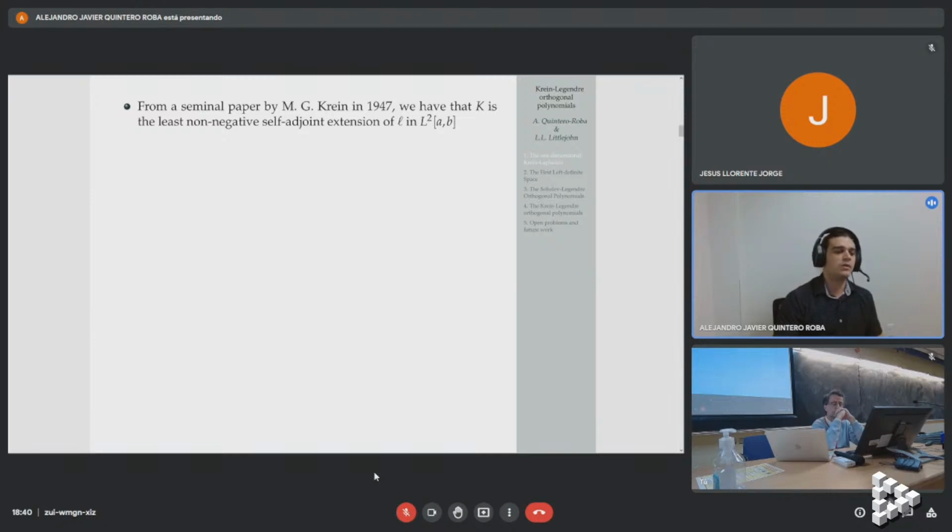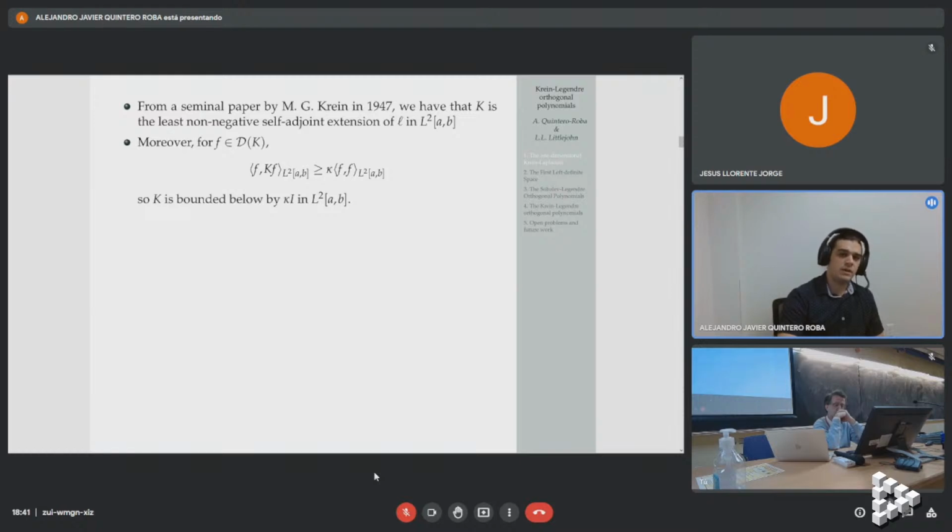Pues que de todos los operadores no negativos, K siempre va a ser la cota inferior de estos operadores no negativos, extensión de L2. Además, como consecuencia de esta teoría, este operador está acotado por debajo por la identidad, que se traduce como: el producto escalar en L2 de F por el operador evaluado en F es mayor que la identidad multiplicado por capa.